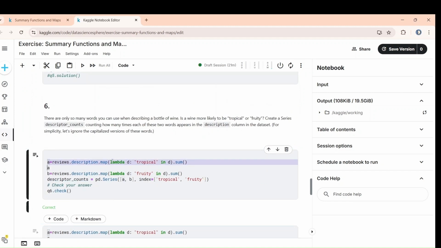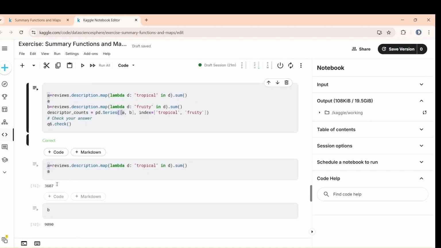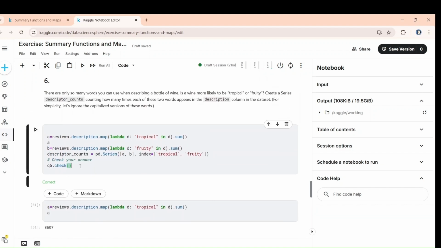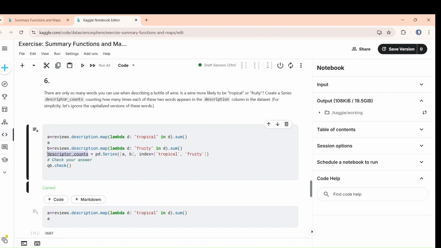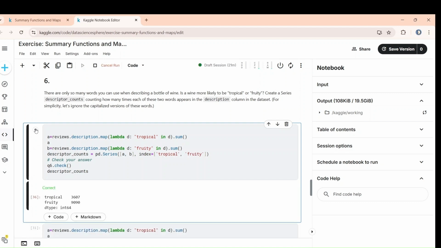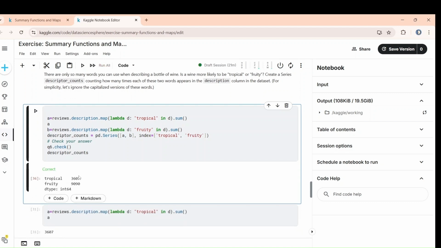First, you have to calculate how many tropical are there in the description and how many fruity. You are calculating the sum. Then I am creating a series. So this one, 3607 and 9090, these are the series. Let me show you the output. See, tropical 3607, fruity 9090. So these are the index, tropical, comma, fruity. Okay,